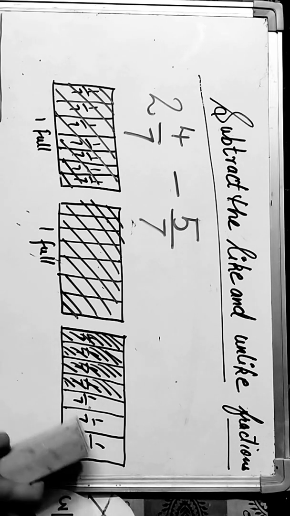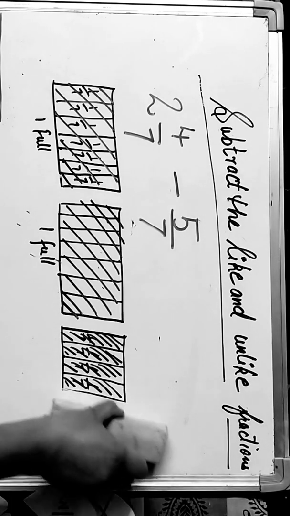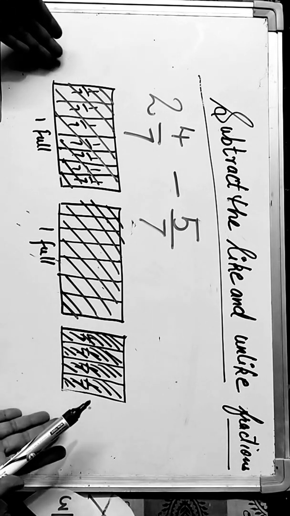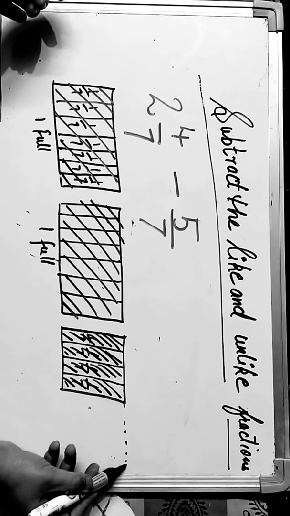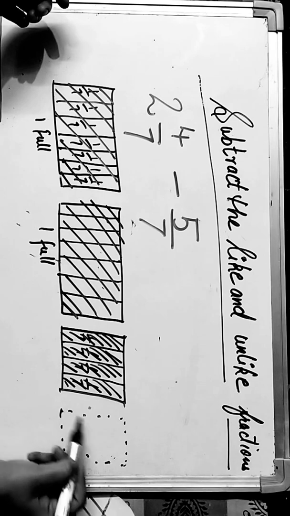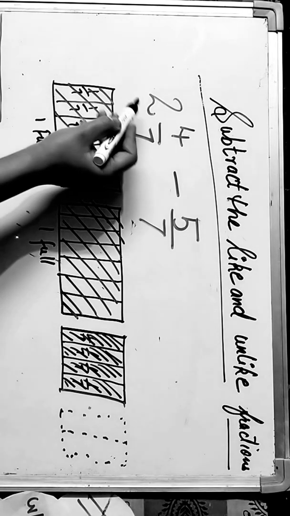So I don't have this piece size. I am just erasing them because I don't have them. I have this size of a chocolate. Okay, I'm erasing this, or you can keep this as a dotted imaginary chocolate that you don't have, but I know the piece sizes here are this. So how many do I have to eat?